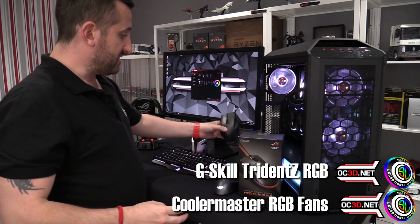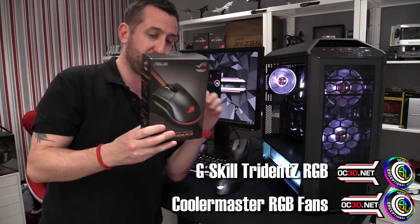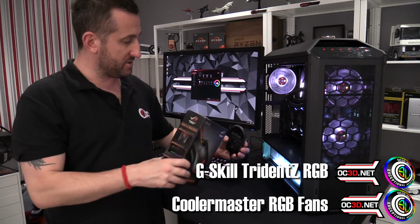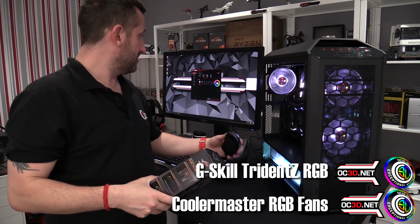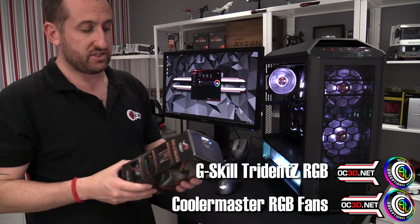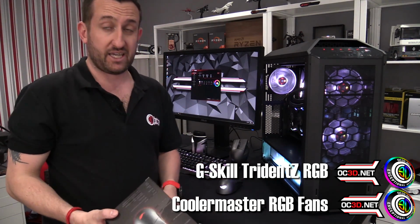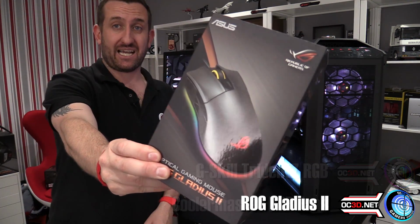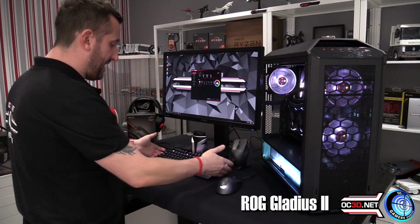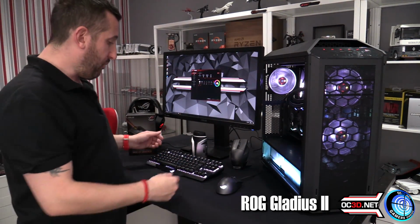So the Gladius 2, I've actually been using this for a little bit, and I like this because it's smaller than the Spatha, but you've also got those funky lights around the bottom, although they're not on there at the moment, just for sod's law. You've got the funky lights at the bottom, you've got the little one at the top. It gives you a nice kind of underglow as well, which I kind of like, and I would give that the Gamer's Choice. But then when we talk about the infamous, absolutely infamous Claymore, we waited